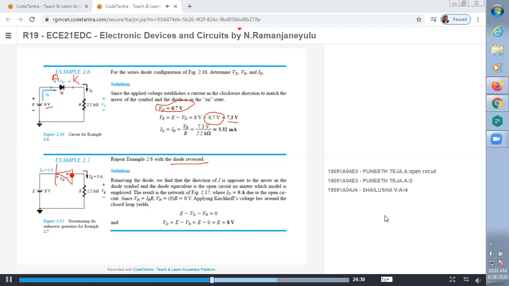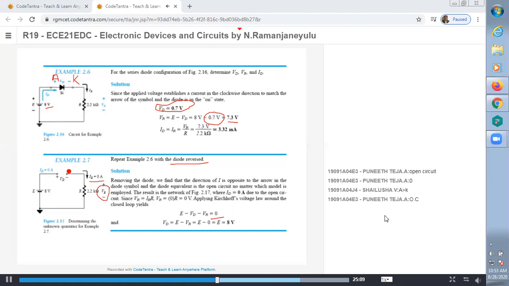Okay. Like that the diode is there. Now what is the status of the diode? Status of the diode is reverse bias. In reverse bias, what is the concept here? What is the diode equivalent model? Diode equivalent model is open circuit. Okay, open circuit and IR is equal to 0. When IR is equal to 0, VR is also 0, right? So the voltage here is 0. Why? Because current is 0.